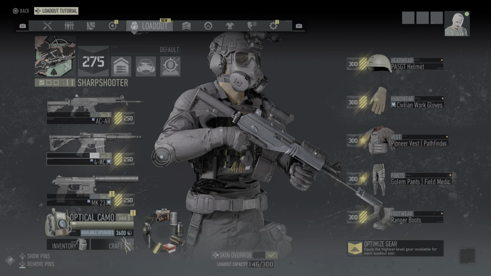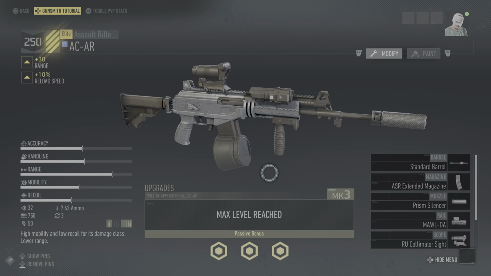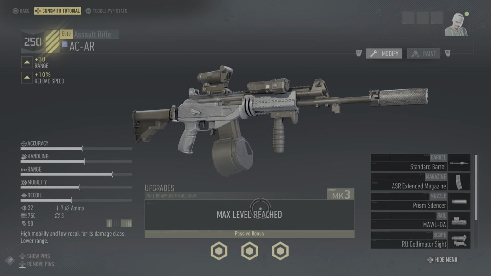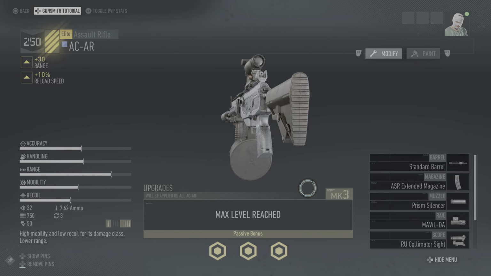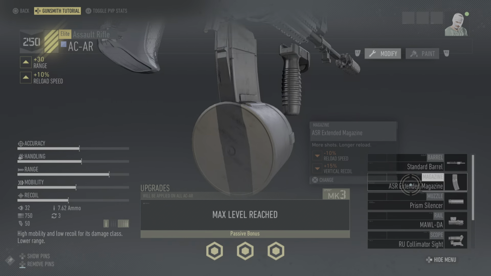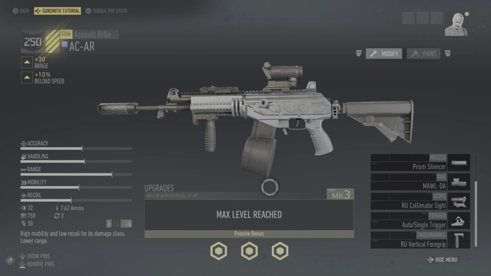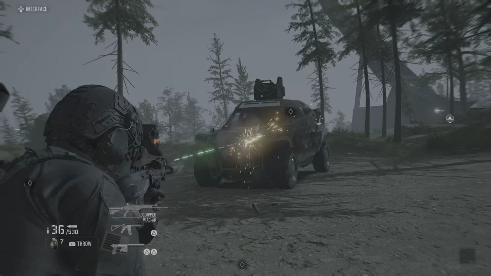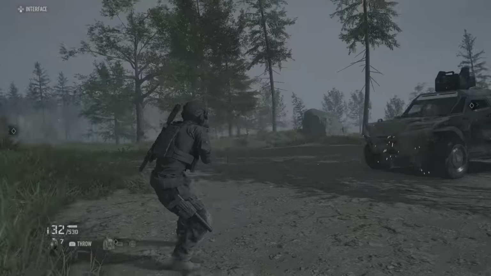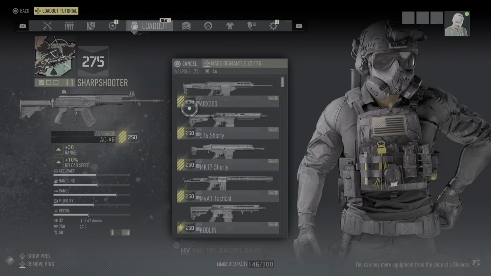Now second, and here's what it looks like, obviously, the M4A1. And then secondly, we have the ACAR. This is one of the later rifles of the game. It says it's a high mobility and low recoil for its damage class, lower range. It's built more like an AK type rifle. And it's just a powerhouse as well when it comes to shooting. It depends on how you set up the weapon, obviously. But both of the rifles, this one just sounds really beefy when you shoot it as well. It's just beautiful. So then moving on, we have the 805 Bren, as well as